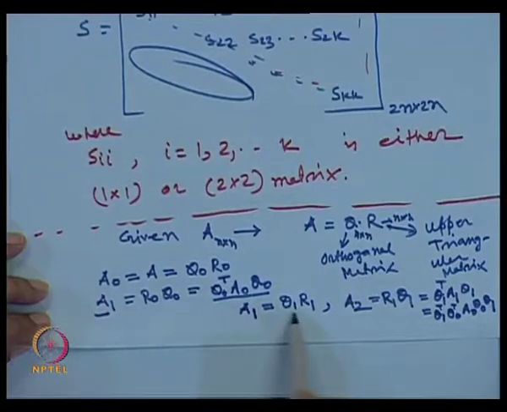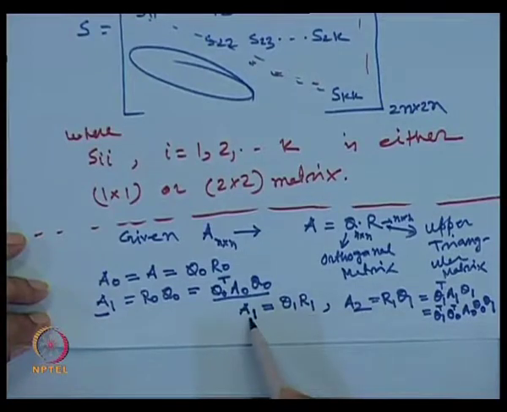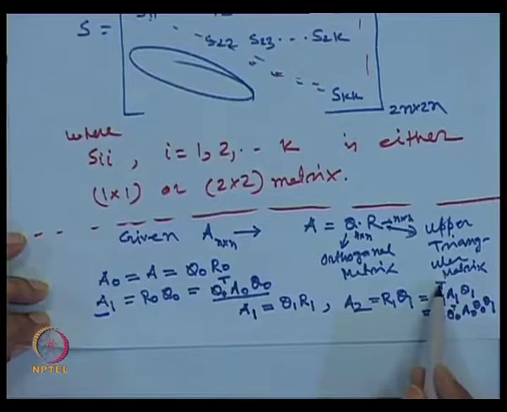Now A1 is decomposed as Q1 into R1, that is QR decomposition. Then rewrite in the reverse order R1 and Q1, which will not be the same as A1, so that gives A2. And this R1 value you put from this equation. What is R1? R1 is nothing but Q1 inverse A1. So I put the value Q1 inverse A1; Q1 is an orthogonal matrix, so its inverse will be Q1 transpose. If you proceed this way,